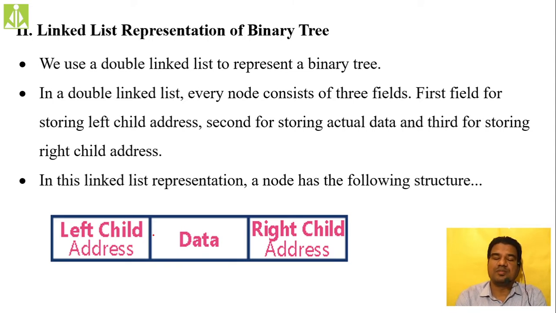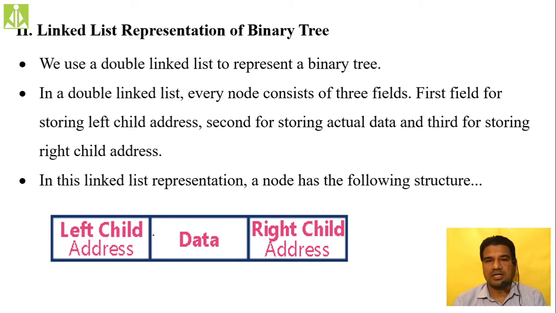So to represent every node, like your doubly linked list, we are going to have three parts inside the node. Inside a node of a binary tree data structure, we are going to have three parts like your doubly linked list. Over there also, we are having three parts, isn't it? We have the data part, the previous node pointer, the next node pointer. Over here also, we are going to have three parts in our binary tree data structure node.